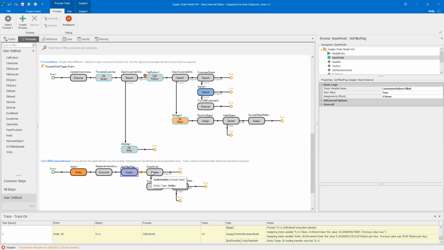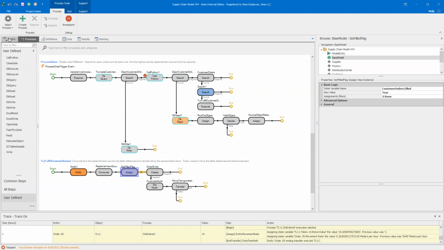I'm just going to create an entity and then send it to the customer. Okay, so that's the main flow of what we're trying to do. Does that make sense? Yeah. Okay, so let me show you it running now, and then I'll come back and talk about some of the